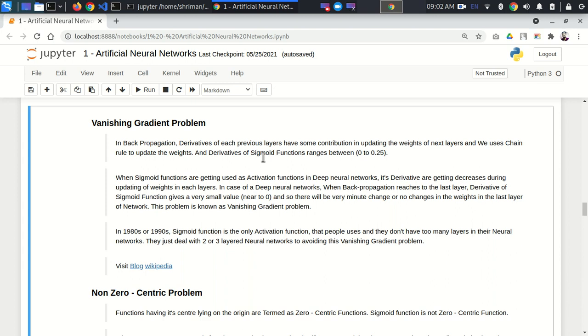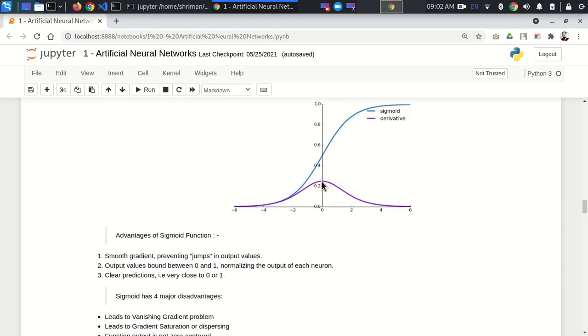And in that case the derivative of the sigmoid function is always ranging between 0 and 0.25. See here, in each and every layer its value is getting reduced to a very low number. If you have too many layers, maybe 10, 20, 100, 1000 layers, then as back propagation progresses, maybe after 4, 5, 10, 20 layers, there will be a very minimal change or no change, and whatever gradients you calculate on that basis, you will not be able to do any kind of weight updation.